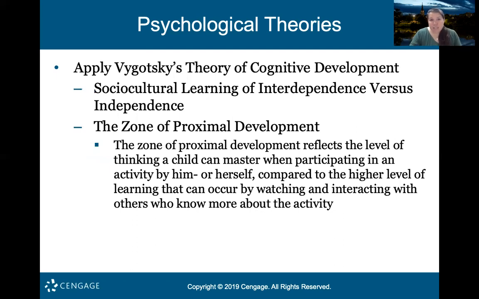Then we have Vygotsky's theory of cognitive development. He talks a lot about sociocultural learning of interdependence versus independence. One of the key concepts is the zone of proximal development. Let me give you an example. The textbook defines it as a level of thinking a child can master when participating in an activity by him or herself, compared to the higher level of learning that can occur by watching or interacting with others who know more about the activity. My 2.5-year-old daughter just recently got a little scooter,